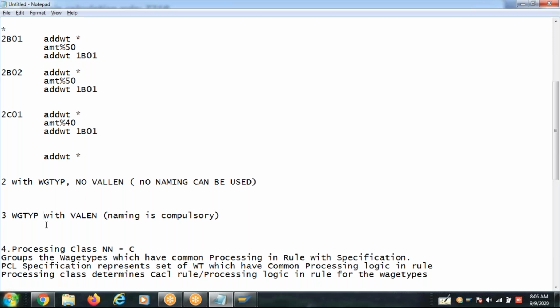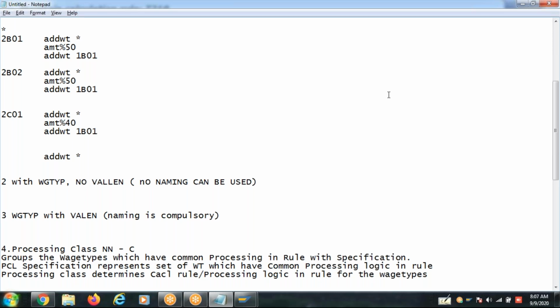In this example, the fourth one is the right solution. I picked this example just to explain the processing class. We will be using all four methods depending on the scenario, and you need to decide first which method is the best. So analyze all these four scenarios clearly, then you will find it easy to work on processing classes.